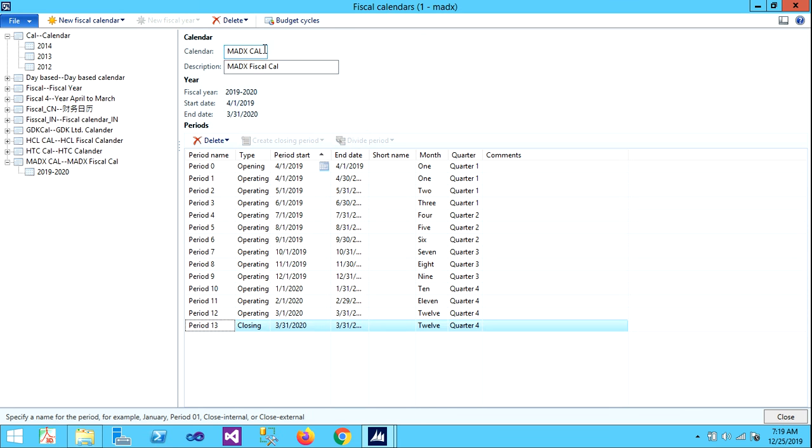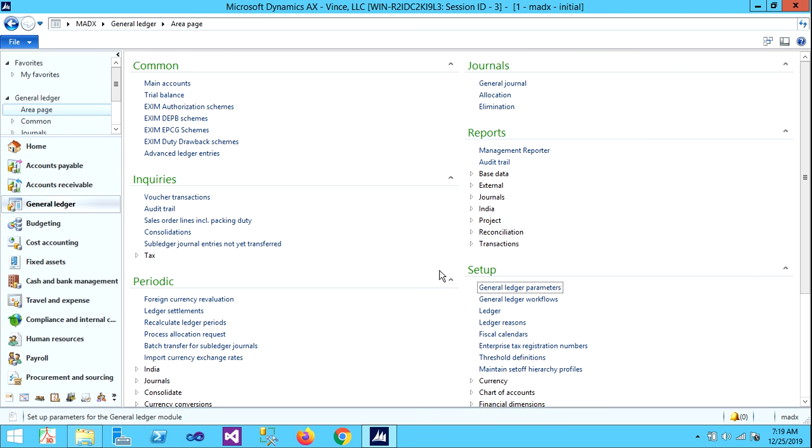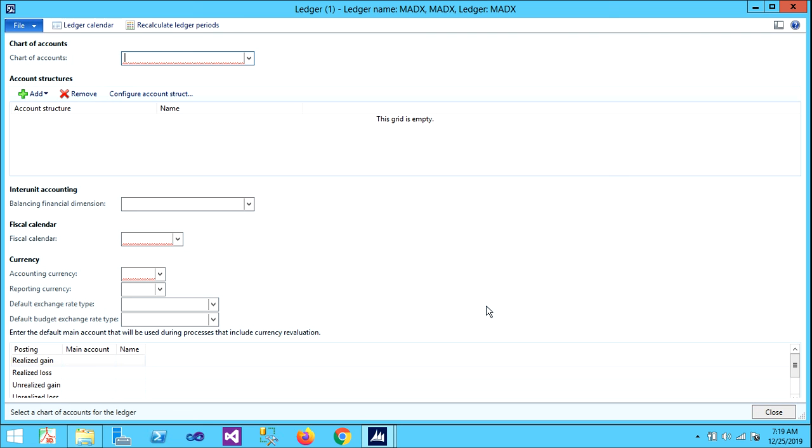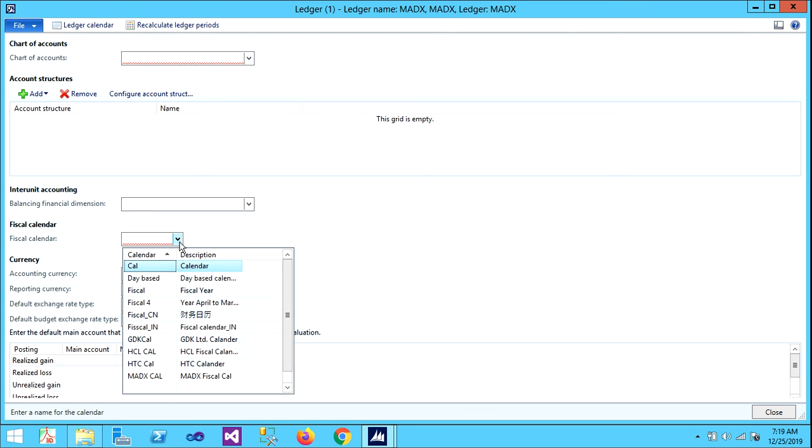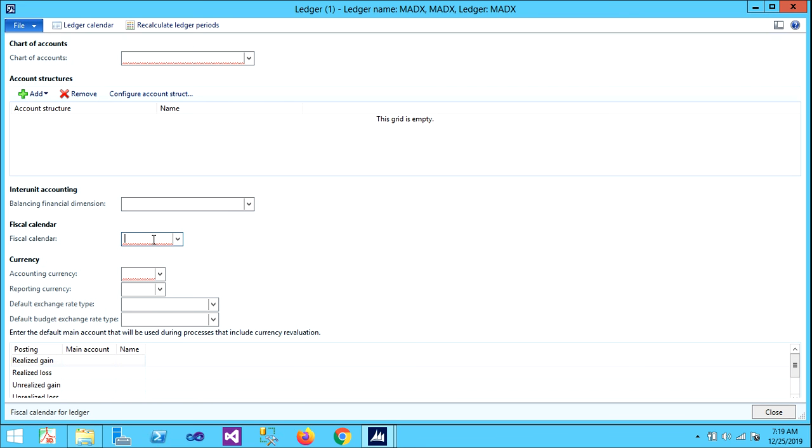And let's copy this calendar name, MadX calendar, and we need to update this in Ledger tab. Let's close this, go to our Ledger tab, and under this fiscal calendar we can use this drop down, or else if we know the calendar name, just type the calendar name and done. Now you have set your fiscal